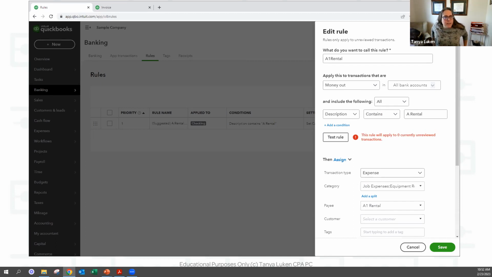Okay, so someone asked, after you accept the ones reviewed, do they go into the bank account directly? Yes. So when you're on the screen with the bank feeds, those are not in QuickBooks yet. But when you do accept them or add them to QuickBooks, they go into your bank account as a spend money or into your bank account as a receive money, depending on whether it's a deposit or withdrawal. And then the other half of the transaction is an expense account, a loan payment, revenue, something like that. So yes, until you accept it, they're just sitting there, not doing anything.